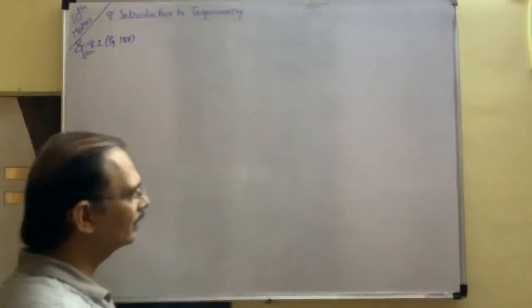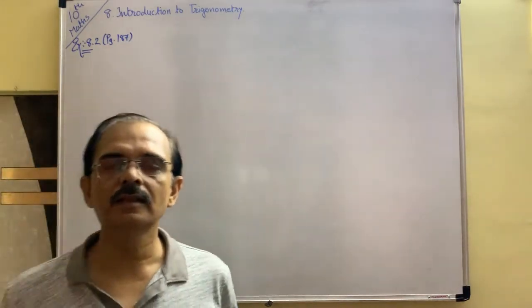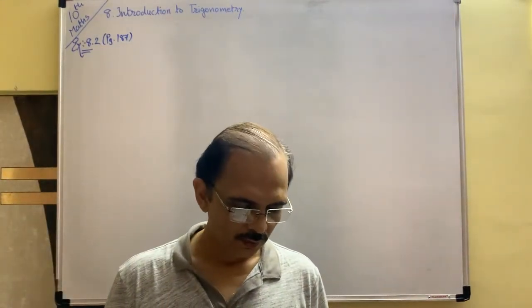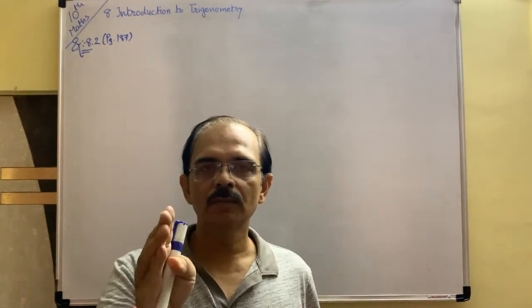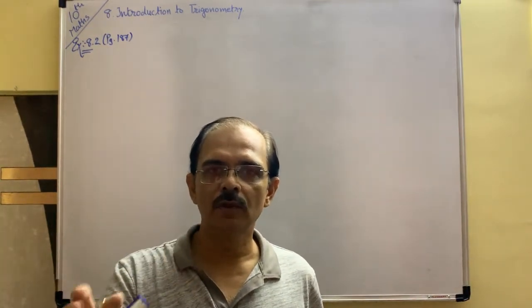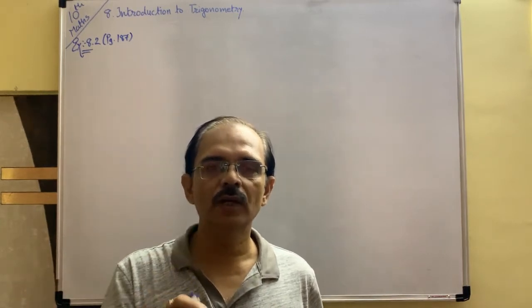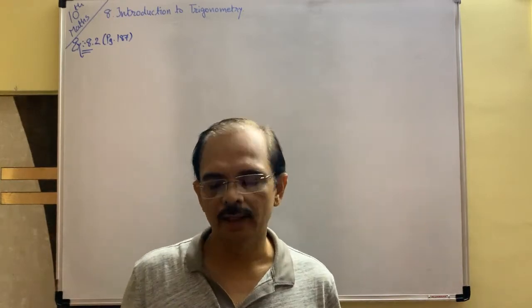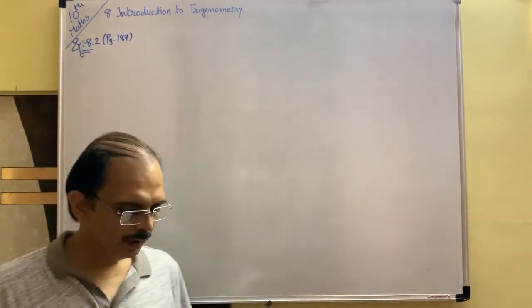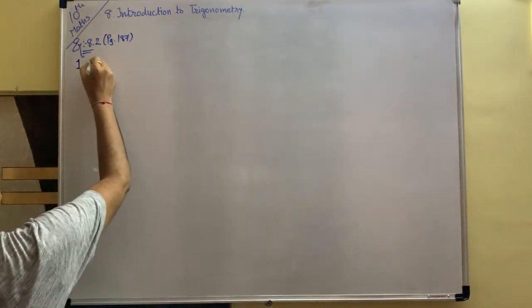Okay, let us start exercise 8.2, which is on your page number 187. Question number 1. Evaluate the following on the basis of the table. Keep your table in front of you, from the textbook or a notebook. Then you have to place the value from the table, and after that simple maths will apply. So evaluate the following. Question 1.